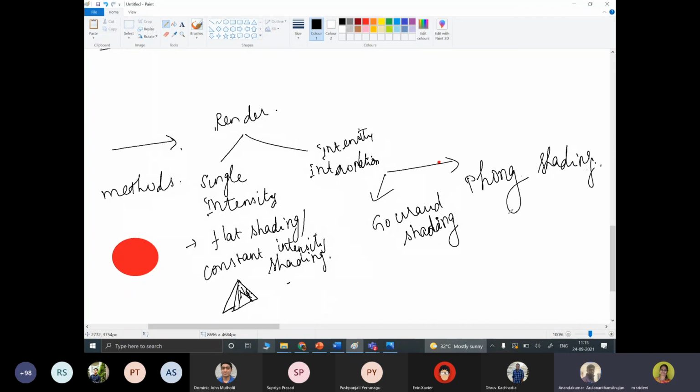There are different steps we need to follow when we use the intensity interpolation method. The steps and all we will discuss in the next class. And then the second method, the ray tracing method, is available, and we will discuss that in the next class.